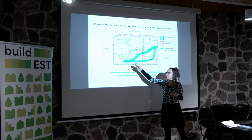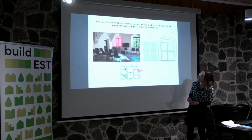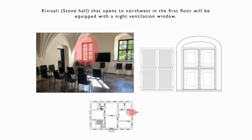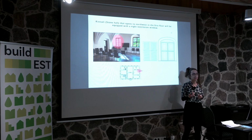but then with the stack effect, the cool air is going upstairs. Yes, here you see the ventilation window that will be replaced. Don't worry, this is not an authentic window. It was done in the 1960s, so it's not from the mid 17th century. It will be replaced with this kind of window in the summertime, which has a copper grille and an insect net or a mesh,